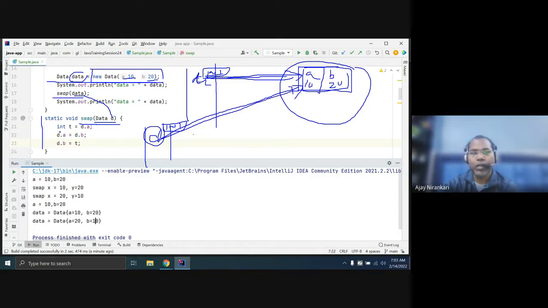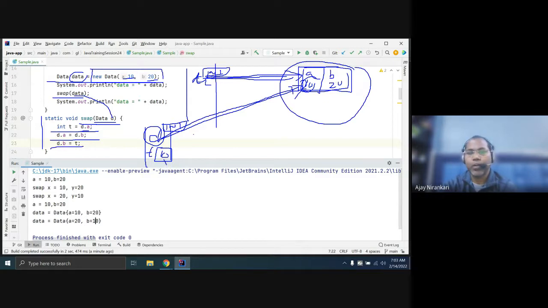Now you create one temporary variable to hold the value of d of a. d of a is equal to 10, so you hold the value 10 here. Again, d of a equal to d of b, so this 20 is assigned here. Again, d of b equal to temp, so you copy the temp value into the b position.